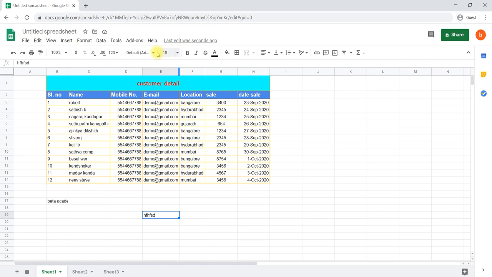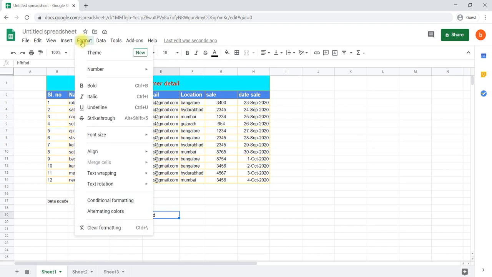And if you are not finding any of them here, then we can go with the format. Okay, here in our main toolbar, go to format. Whatever we discussed in the previous video about bold, italic, underline, or strike through, changing the font size, all will be here. Okay, everything is here. And the second thing is about alignment, what we have discussed now: left, right, and center alignment, and if it is row wise, top, middle and bottom alignment.